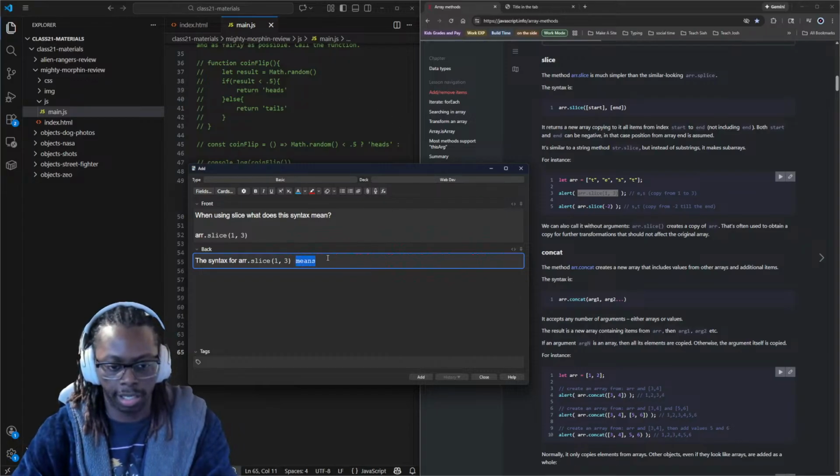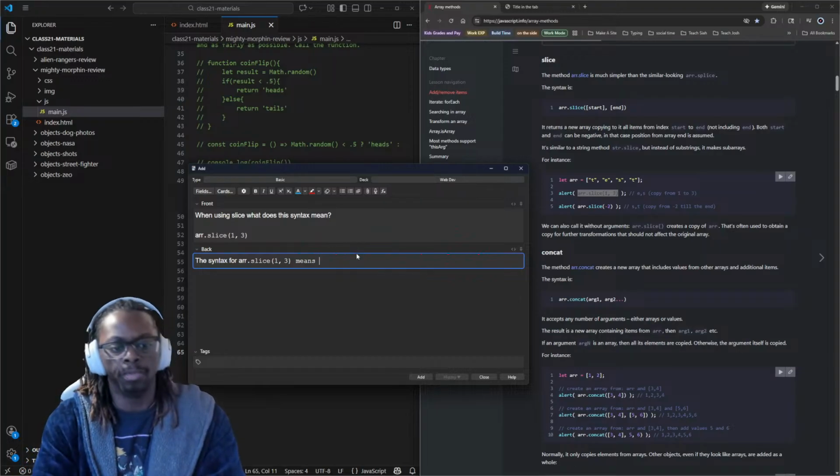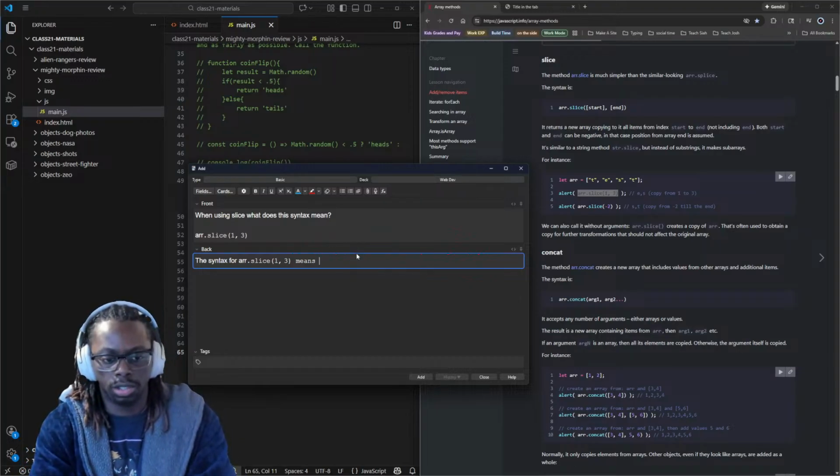Apparently formatting is still on my words. Wow, it's not removing the format. Clear format, man. Okay. Anyway, the syntax for r.slice means 1.3 means